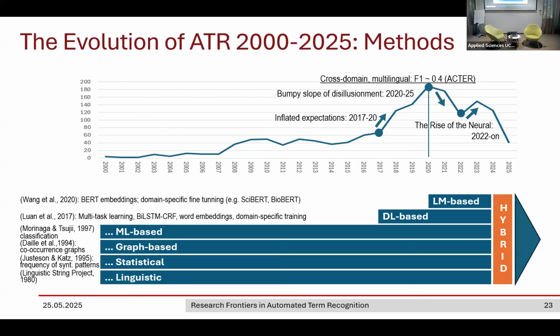So what is interesting in the analysis of all those families of methods, the majority of the most successful methods at their culmination points were hybrid, which means that they combined different techniques taken from different families. For example, linguistic and statistical together. For example, graph-based and linguistic together. I will show you a little bit more detail in one of the upcoming slides.